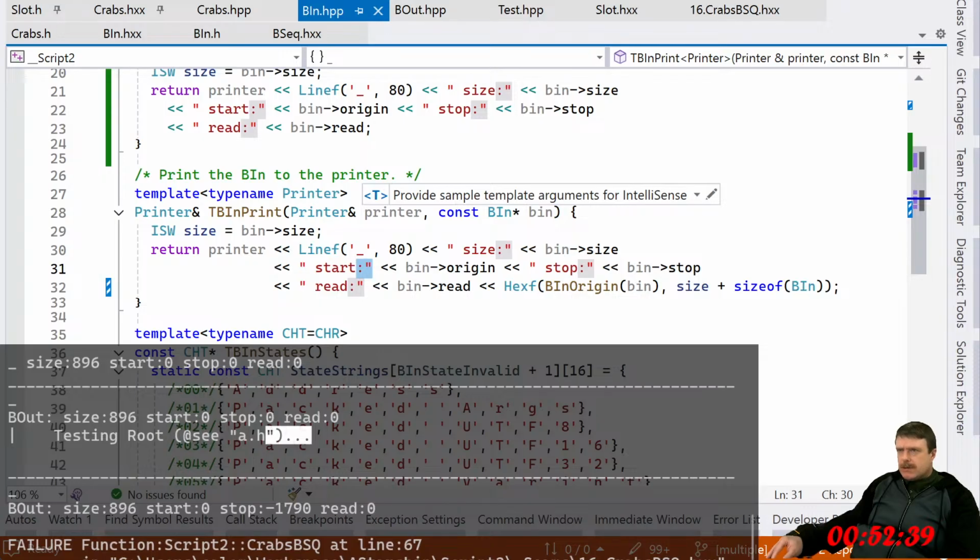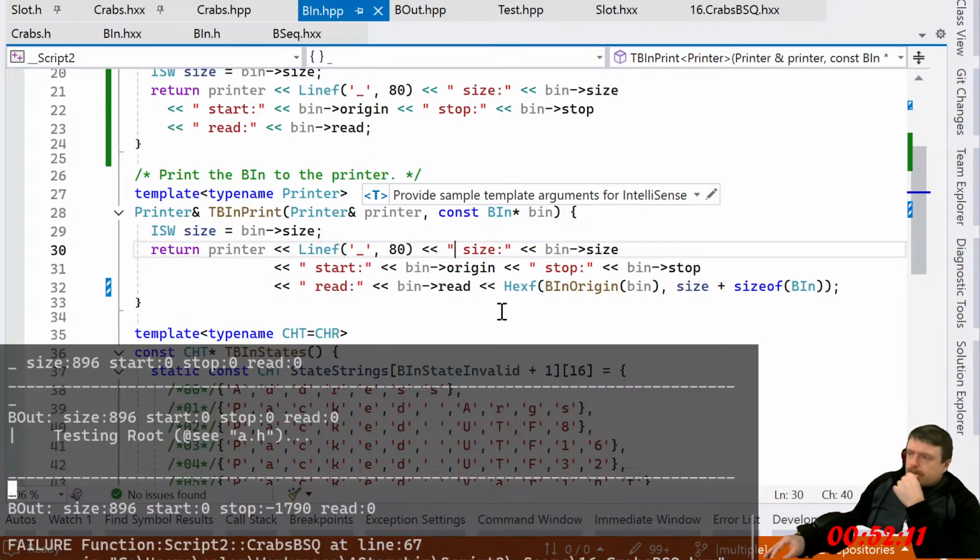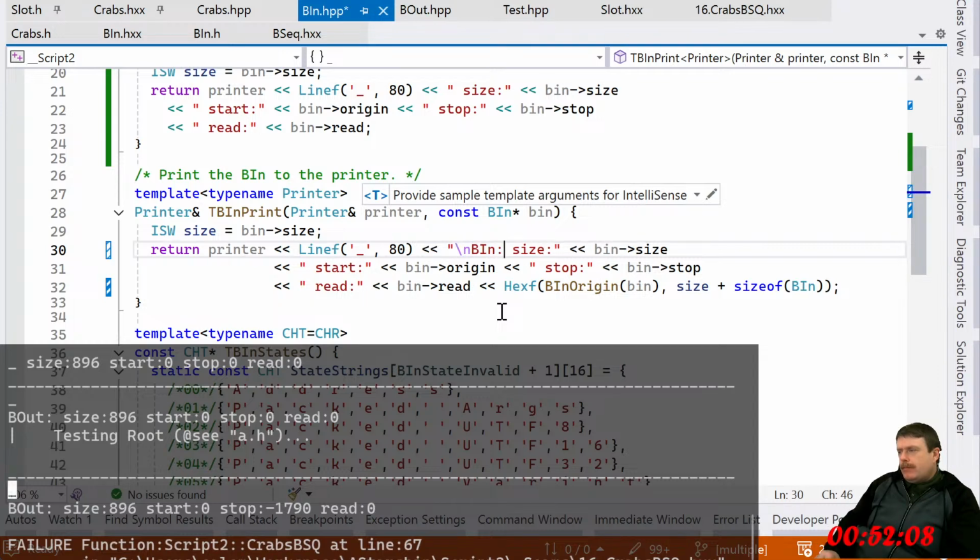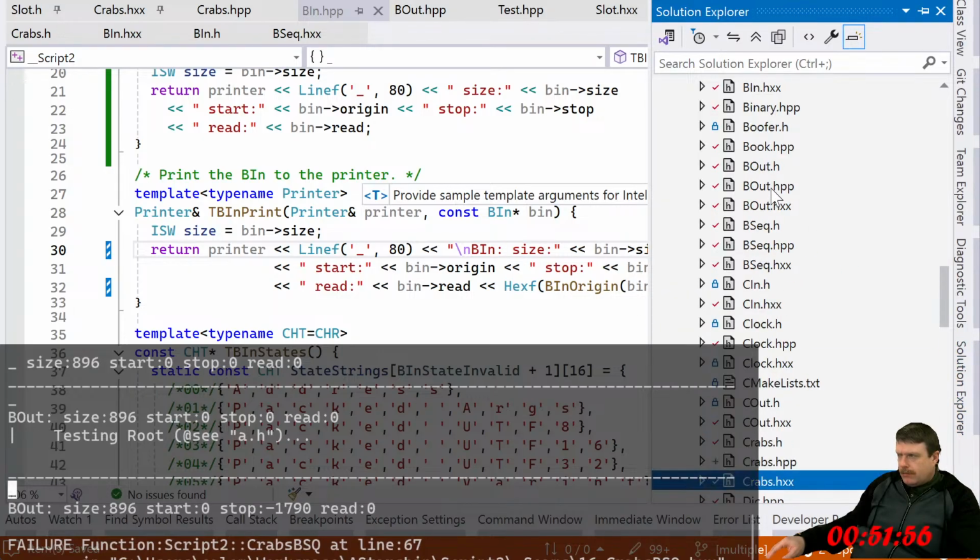Yeah, because this thing is an underscore right here. All right. So yeah.